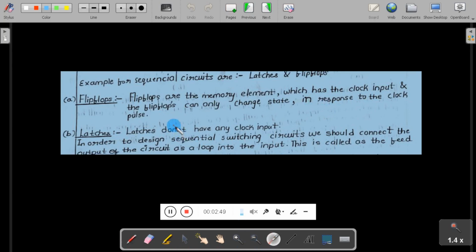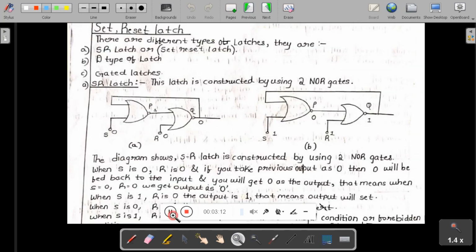Let me repeat: flip-flops are memory elements which have a clock input, and they change state in response to the clock pulse, that is either the positive edge or the negative edge of the pulse. Latches don't have any clock input. This is a major difference between flip-flops and latches.